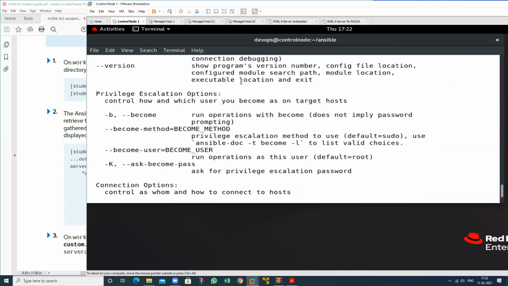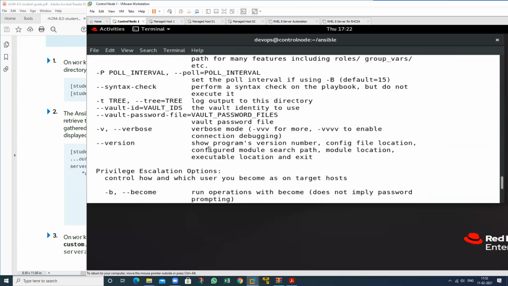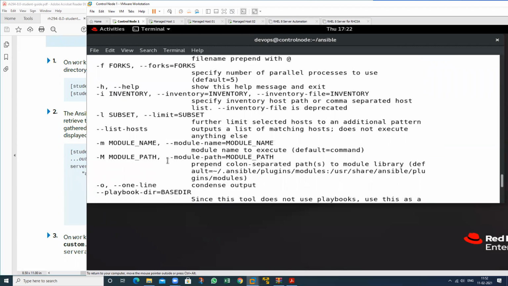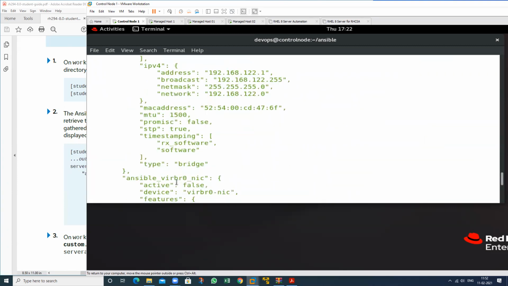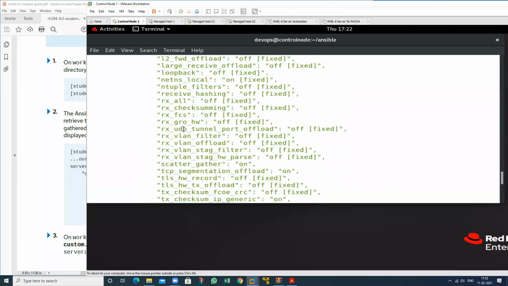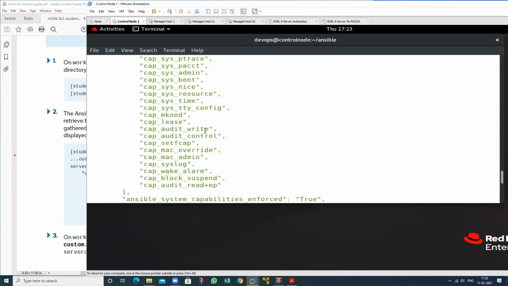If I want to check the whole information, where is the subnet information? This is related to the subnet, and I want to check the Ansible version interfaces, this one. Where is my interfaces information? What is the device? The device is this one.